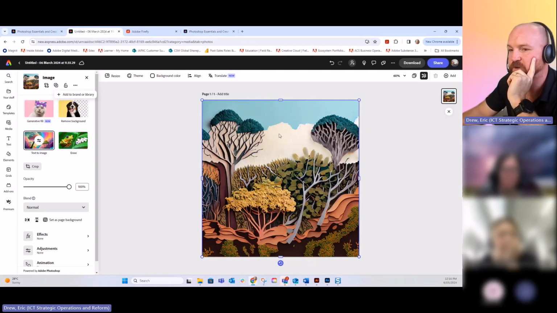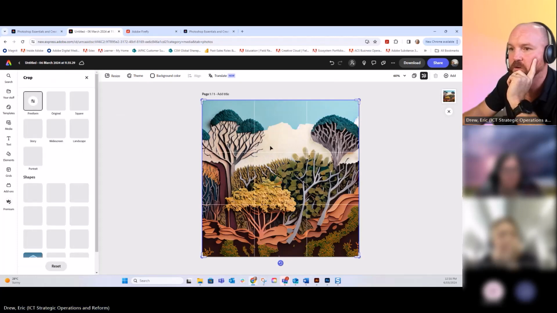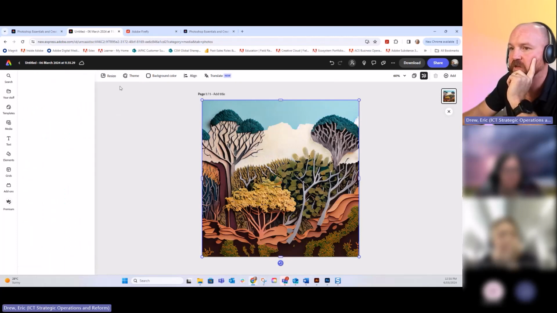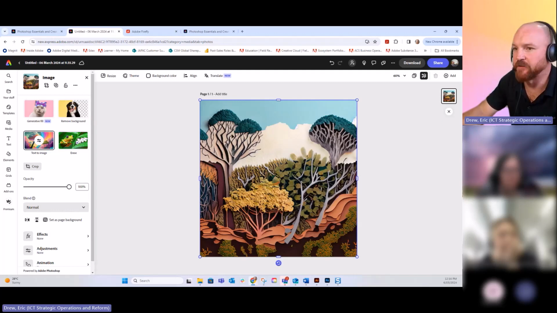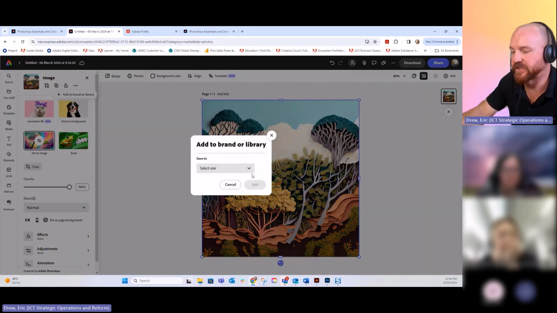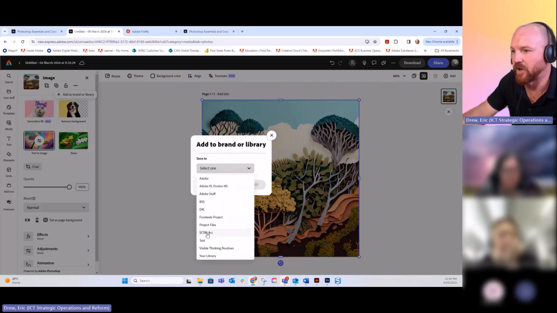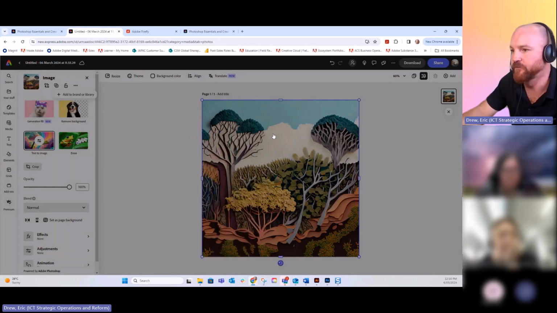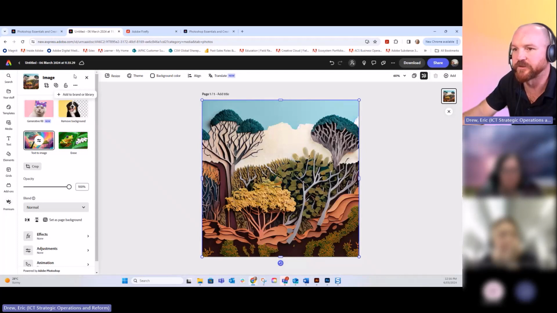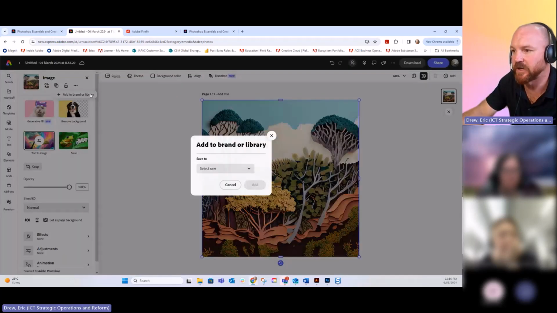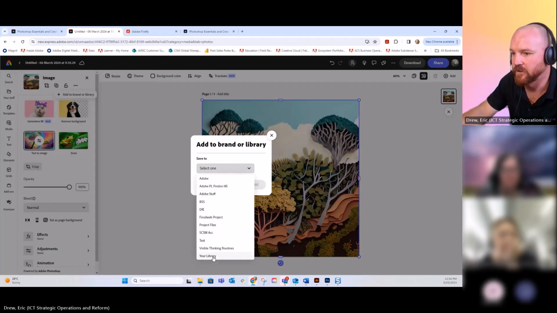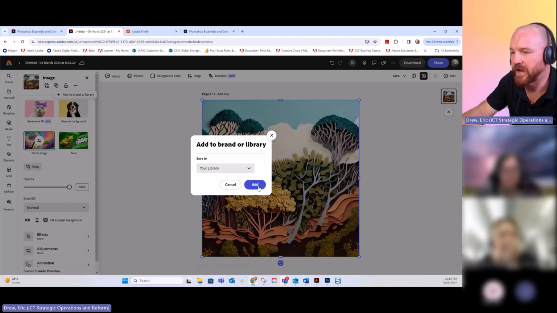So in Adobe Express here, if this is your image, when you have the image selected here, you have your three dots, add to brand or library, and then select your library, and whichever library you want to put it on, there it'll be. And then this one actually didn't add, did it? Let's see if that works again. So add to your library, add,